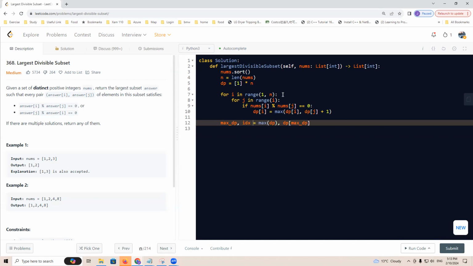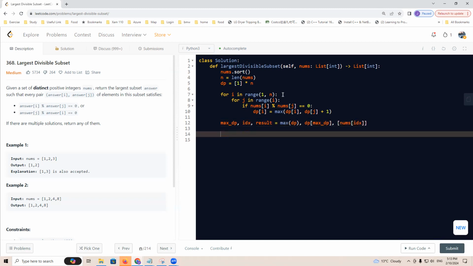Result will also be a list, and in this list, initially we put nums[index] in it. So what we do is while this max dp greater than 1,